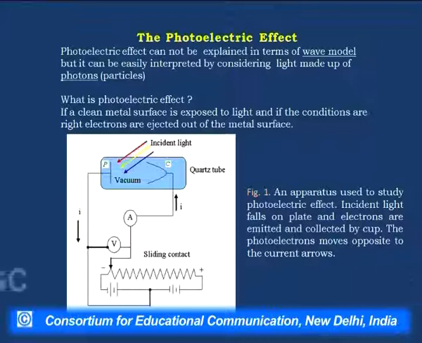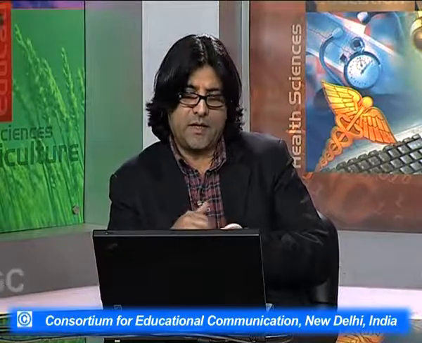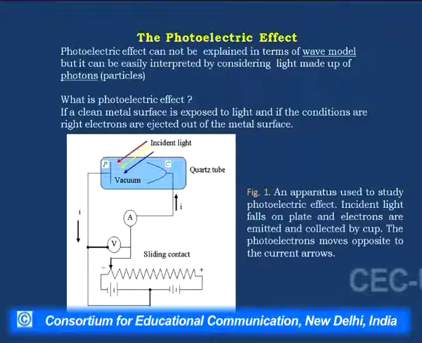It is because the domain or the range of the photoelectric effect is visible and ultraviolet. We can cause the photoelectric effect by visible light or ultraviolet light, because the work function of a metal surface is of the order of, let us say, 2 to 5 electron volts. Now, the quartz tube is used because ultraviolet light can pass through quartz, while a glass tube blocks this ultraviolet light.